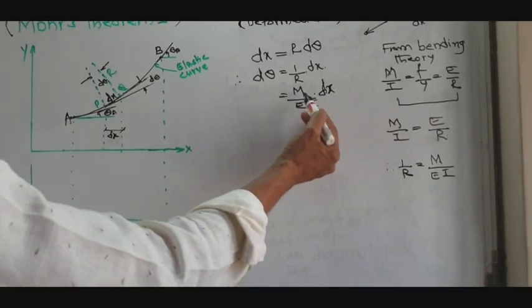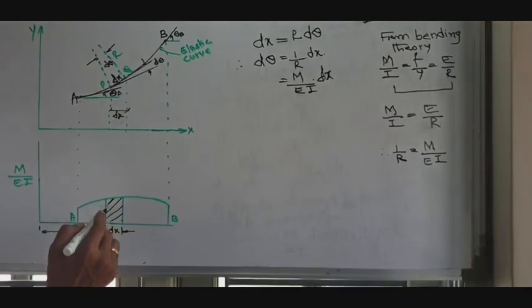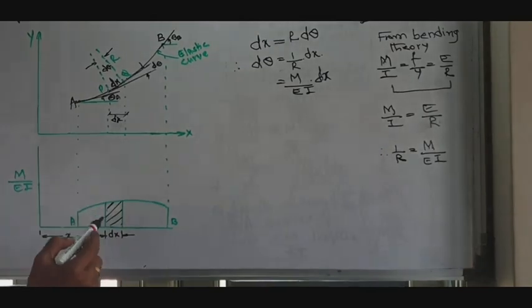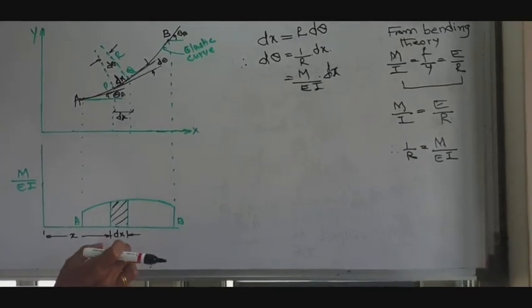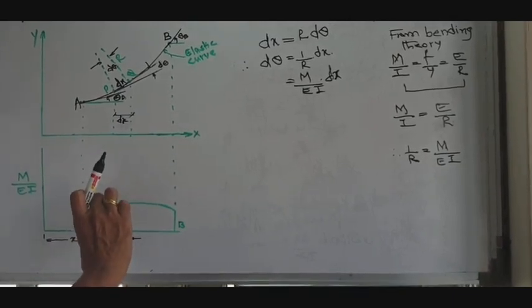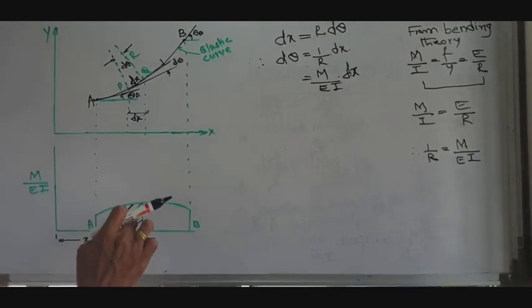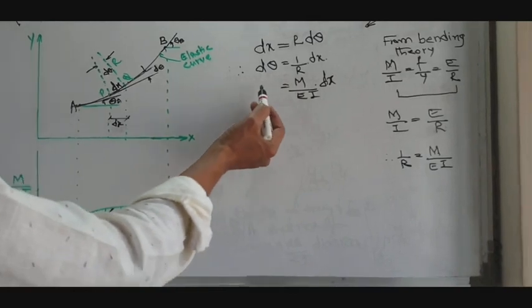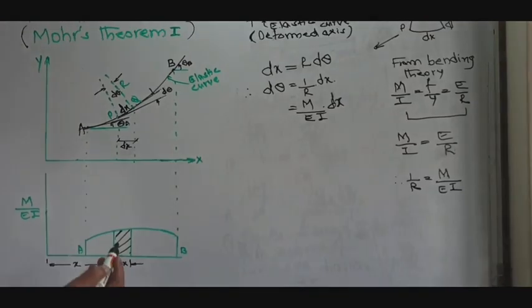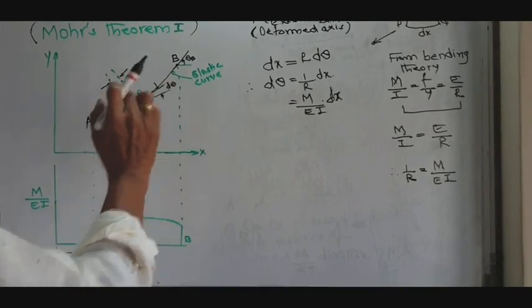So if you see this expression M by EI into dx, each ordinate is, say, M by EI into dx. Though it is a curved one here, as it is very small, we can take it as a straight line. Once you take this as straight, this will become a rectangular block. Rectangular block width multiplied by depth is nothing but the area of the rectangle. So here M by EI, this ordinate, into dx is nothing but the area of the rectangle of this small strip. So what we can say here, the change in slope between any 2 points, say P and Q, is equal to the area of the M by EI diagram between those 2 points. Here it is the area of the M by EI diagram between P and Q.